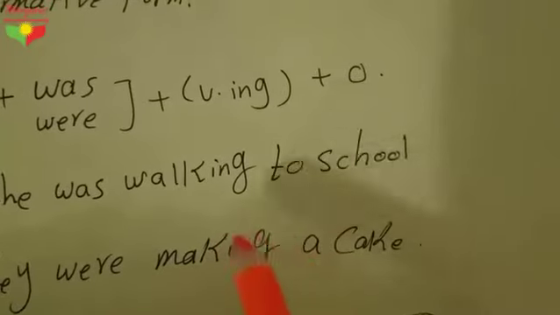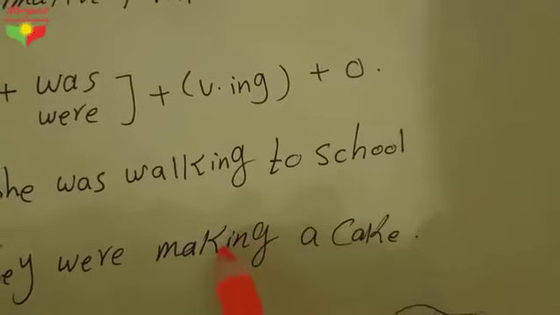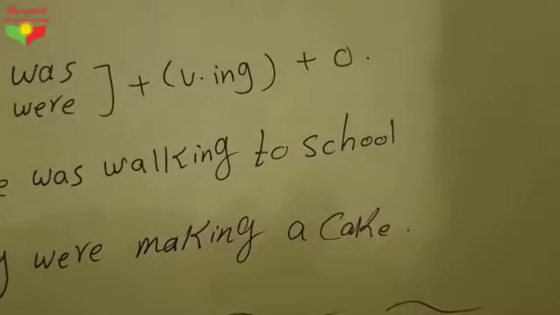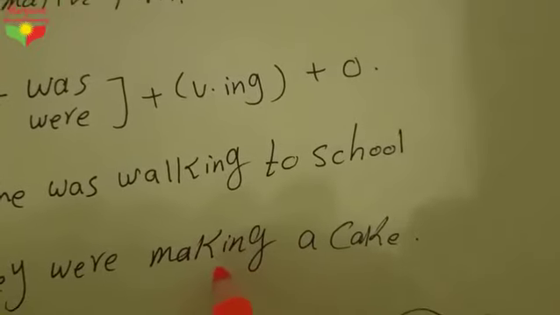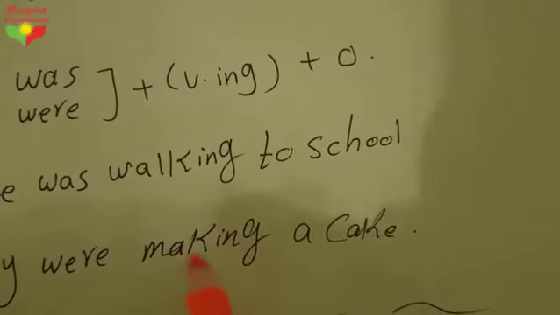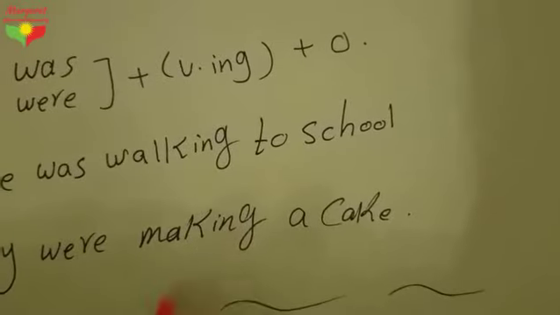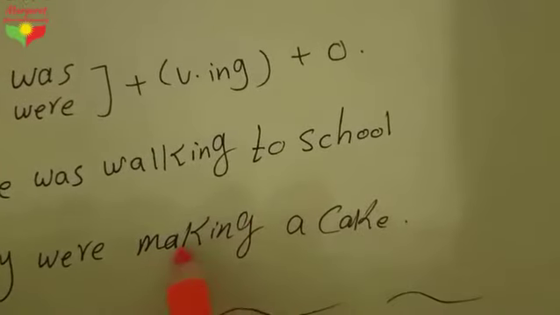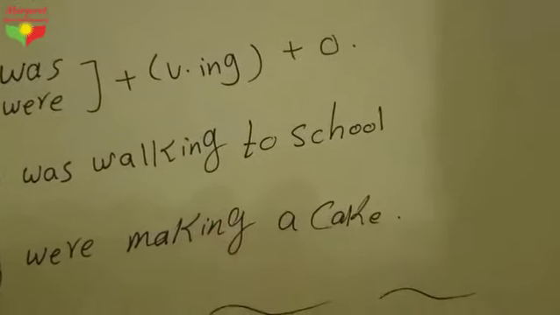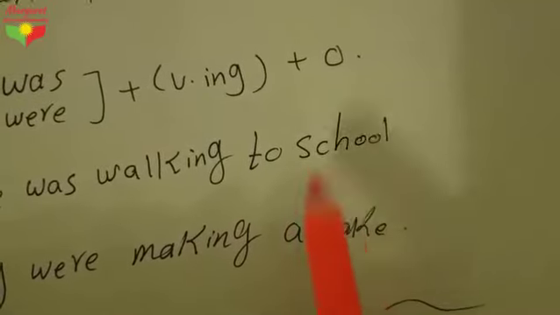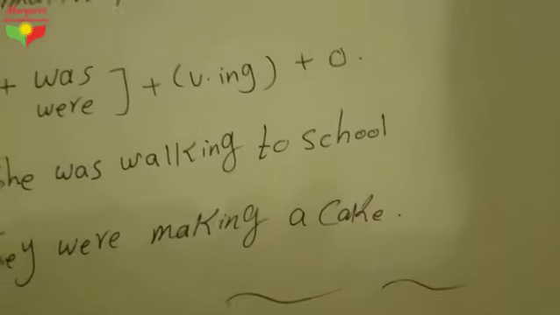Make is the main verb, so it will be making a cake. Making is the main verb with ing and a cake is the object. Okay, so this is about